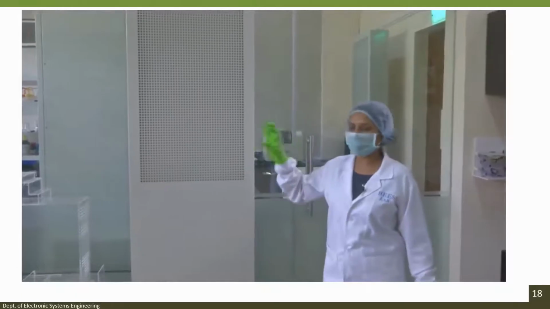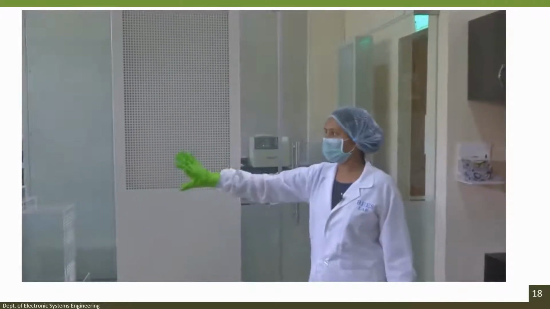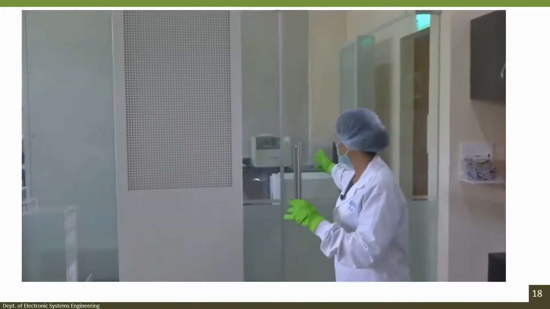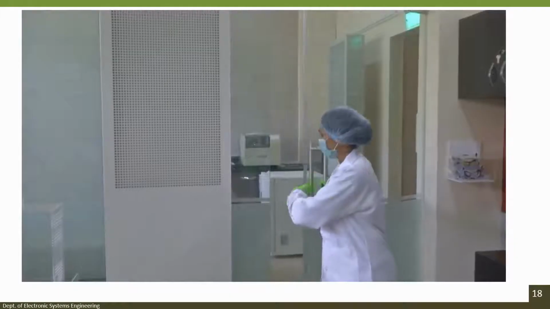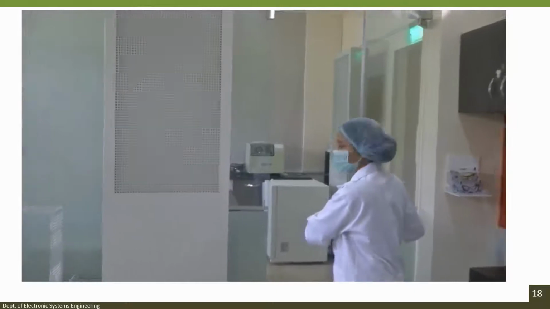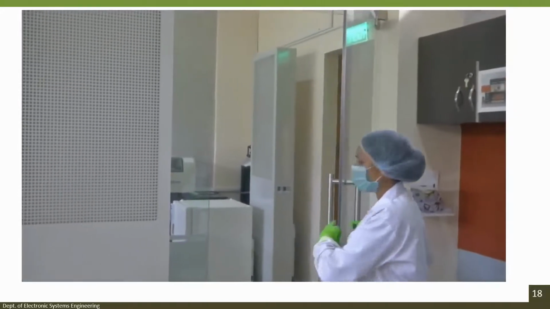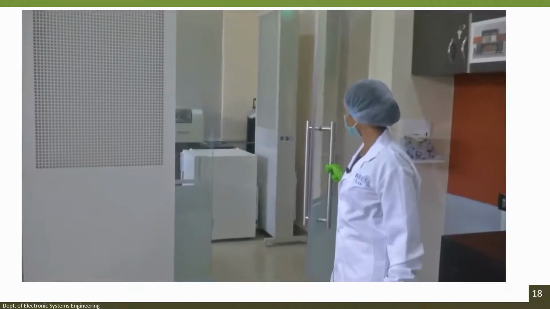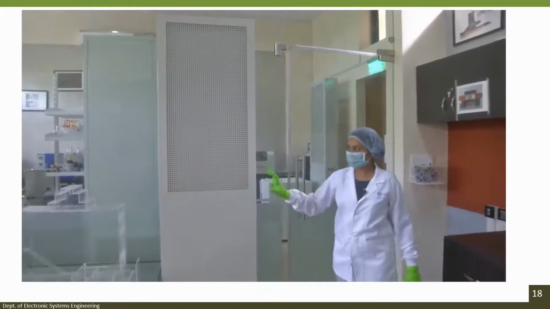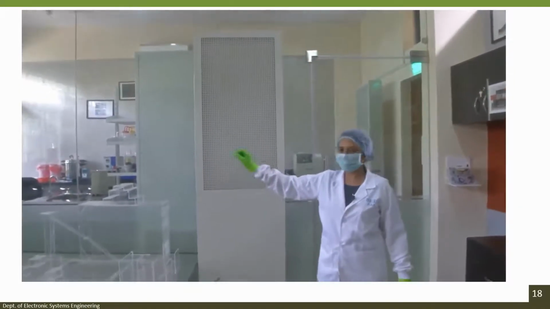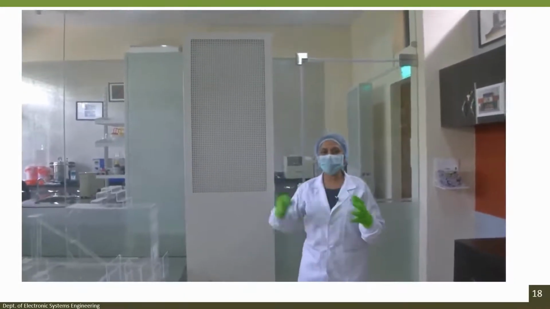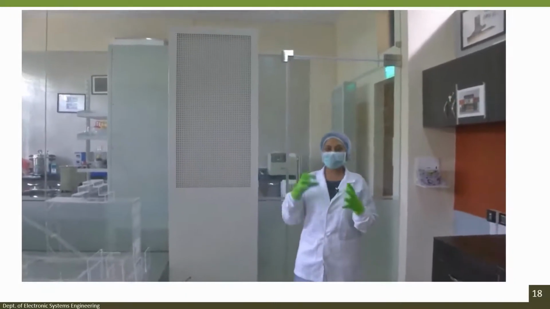And then there is a positive pressure module along with the 4 towers here. So we have 2 towers here and the remaining 2 in the biology section on this side of our lab. So this is the biology section, and as you can see there is a tower on the other end of the biology section. So there are 4 such towers here, and then there is a positive pressure module on one end. What the positive pressure module does is it is going to pump in pressured air.